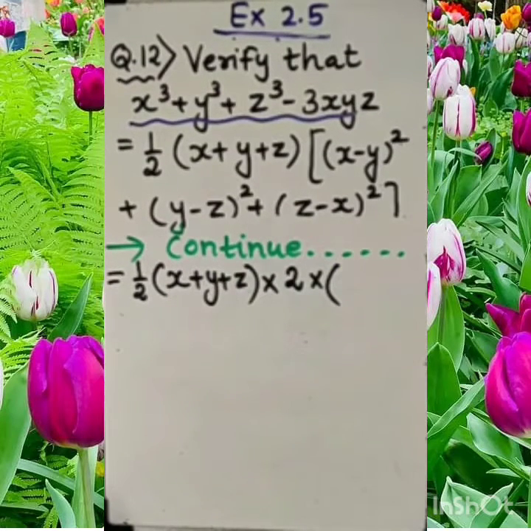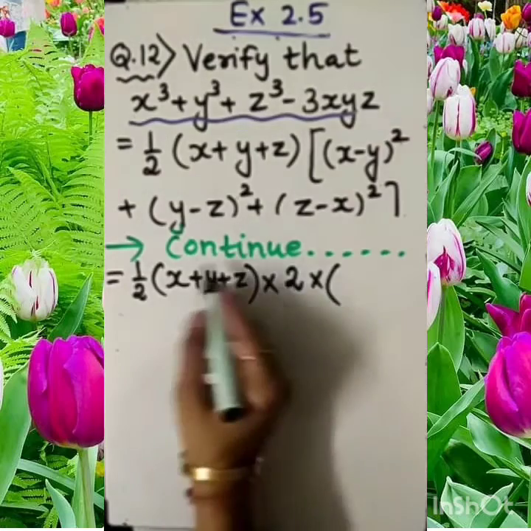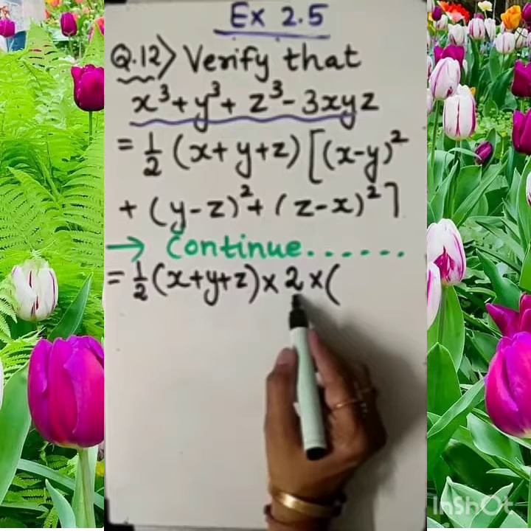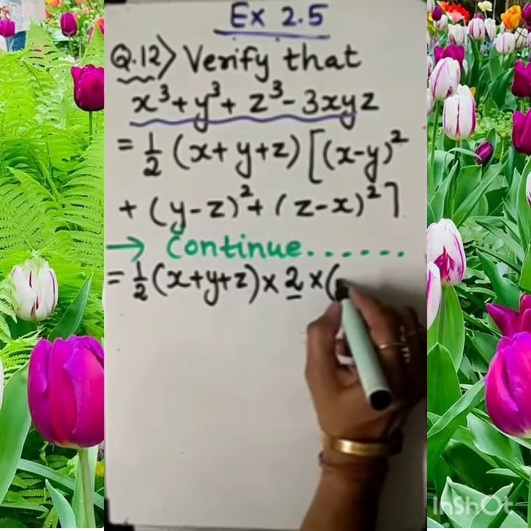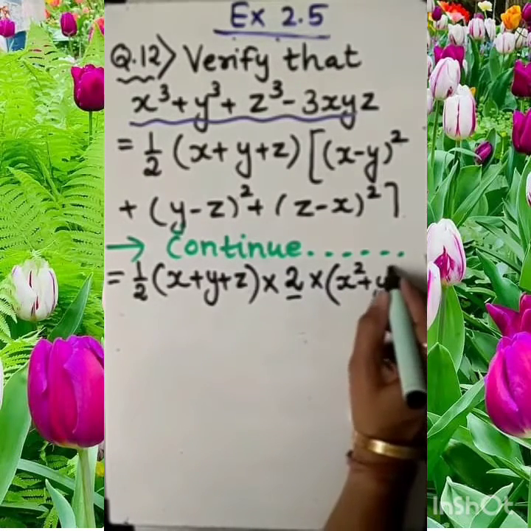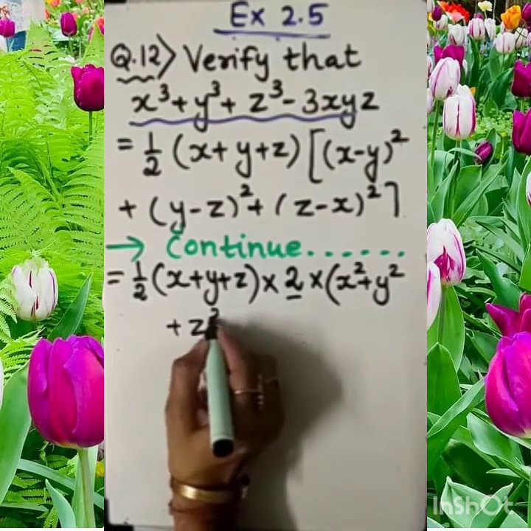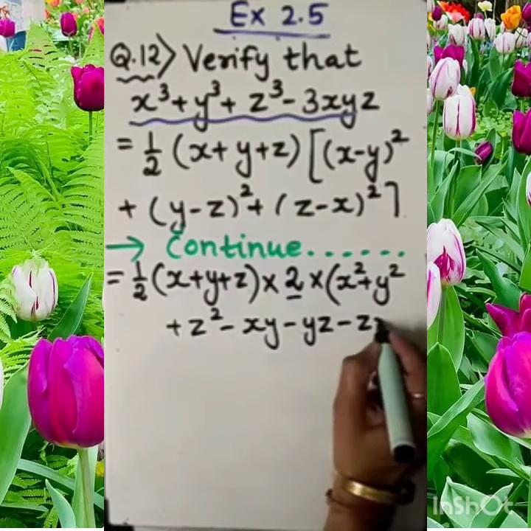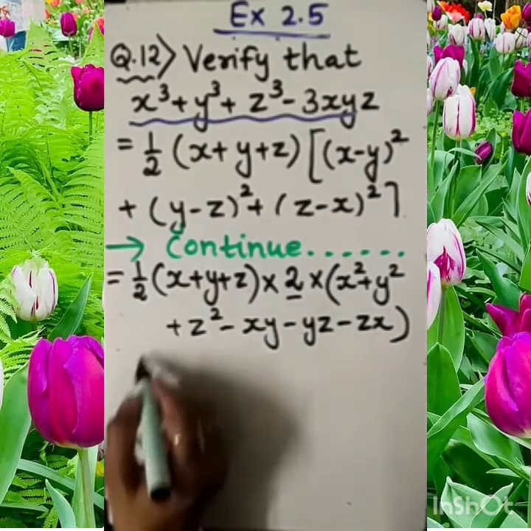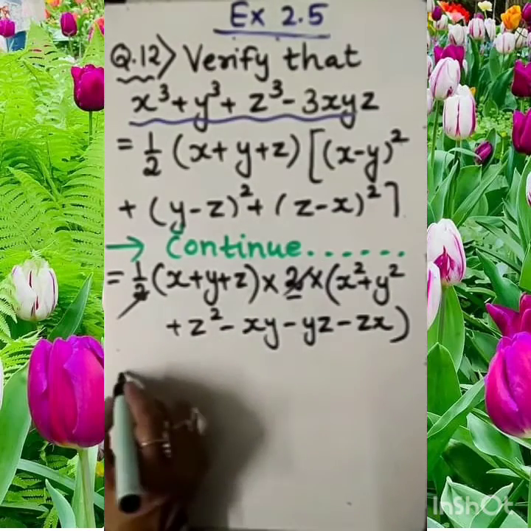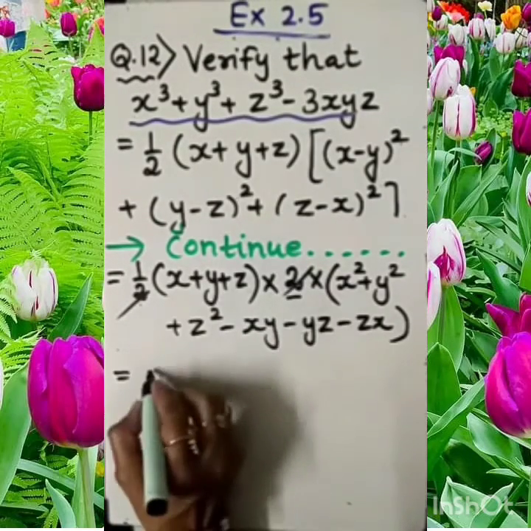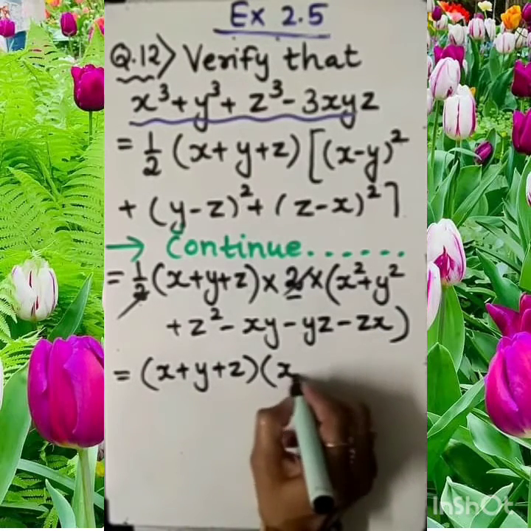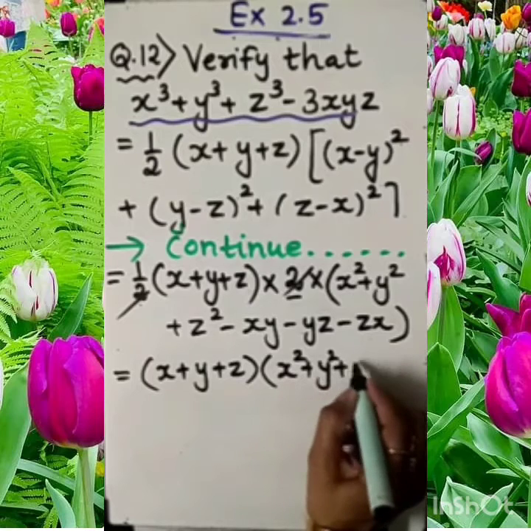So dear student, here the question is in continuation. The first term already here with us, 1 half x plus y plus z, and as I show you, we are taking out 2 common. So if I take 2 common, then this will be left inside: minus xy minus yz minus zx. Clear? Now you can see this 2 will be cancelled with this 2 because this 2 is in the denominator, this in the numerator. So what is left with us? We will have this in one bracket. In another bracket we will have this.